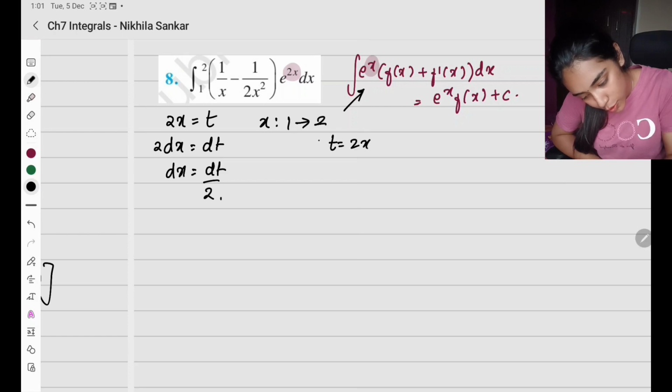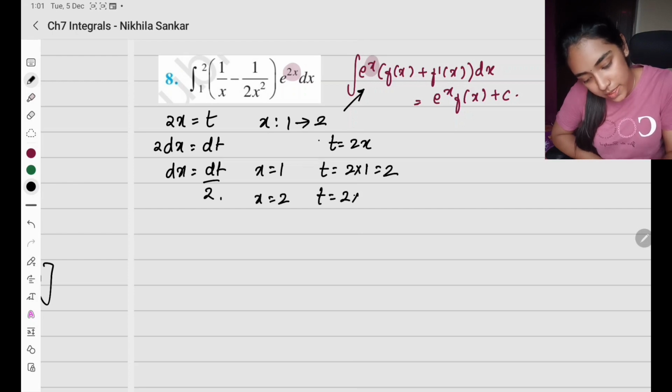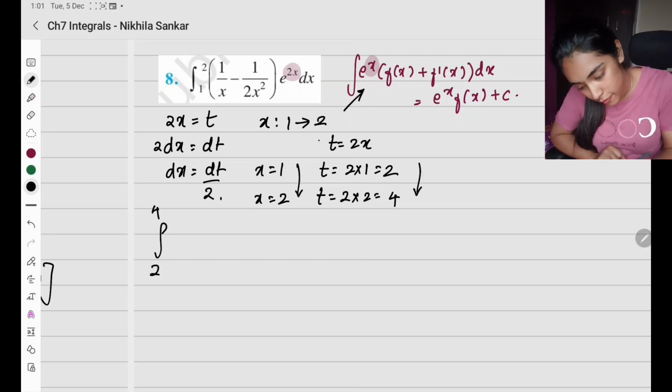t equals 2x. So x is equal to 1, t equals 2 into 1, 2. x equals 2, t equals 2 into 2, which is 4. So 1 to 2 now becomes 2 to 4. So how does my integral change? 2, 4,